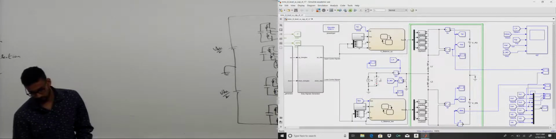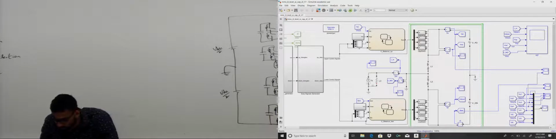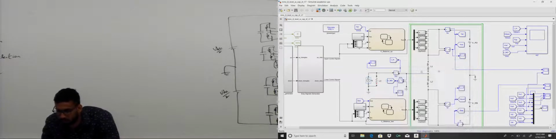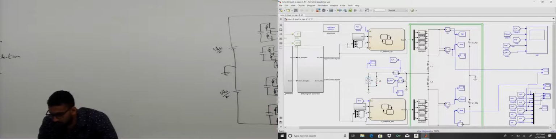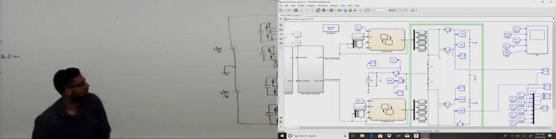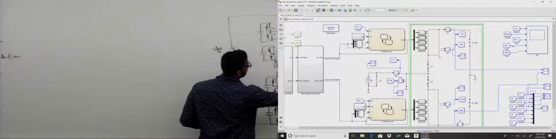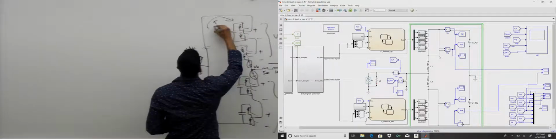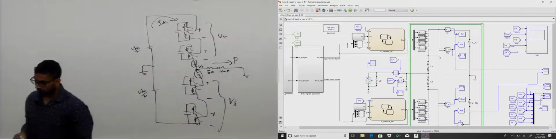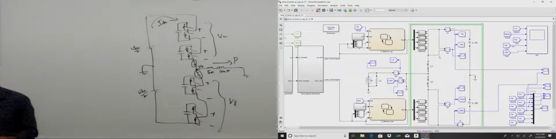Then in this simulation I have a fixed current source here, with a value of 37.5 ampere peak and a 180 degree phase shift. That means the current is actually flowing out. The current is flowing out, which means the MMC is feeding power to the load, so it needs to take current from the DC link. If it feeds power out like that, the DC link current would flow like that. So here I is flowing out into the load, and so the DC link current direction is that way, and we need to find out